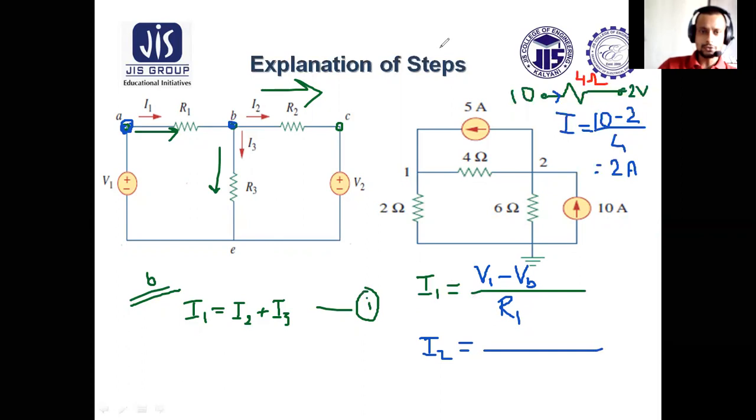I2 is flowing from B to C. B point is having voltage of VB, C point is having voltage of VC, divided by R2. Clear? Similarly, I3 will be